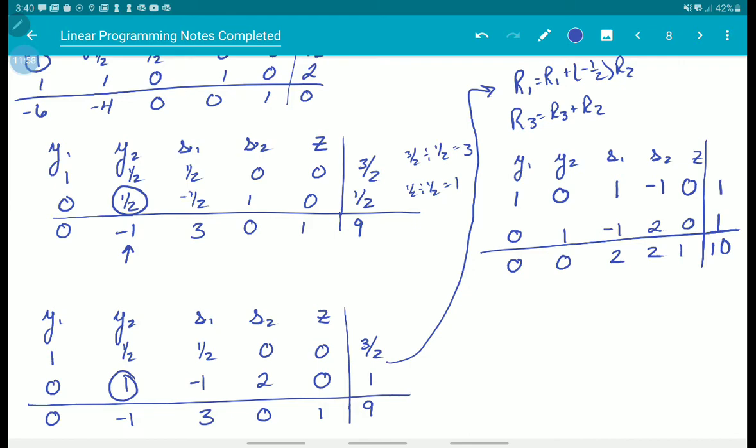So there's our final table, but this is going to read a little bit differently than what we're used to. Usually we look for those identity columns from an identity matrix. That's not how we read this when we do a minimization problem and we've now created a dual problem. The solutions are actually going to correspond to where those slack variables are. So this is your solution for x1. This is your solution for x2. Now your z is still going to be in the same place. So this is minimized